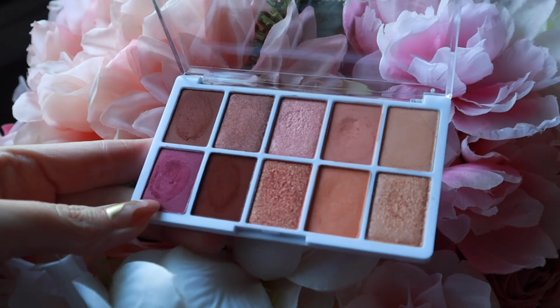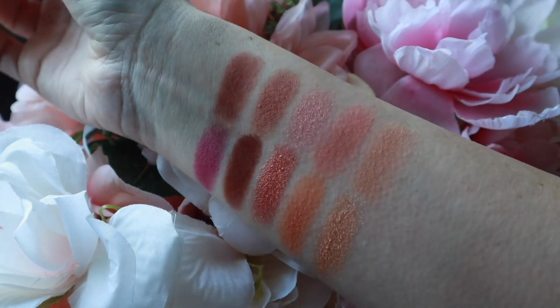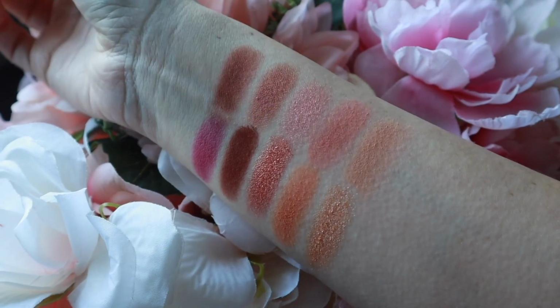But then you also have some pops of neutrals as well, in case maybe you're not wanting to do a pink look. Maybe you just want a really plain, simple, neutral look for Valentine's Day, and that's perfectly fine too. I like that this palette gives you the option for that as well. And these little palettes from Wet n Wild, these 10-pan palettes, they're really nice quality, and they're only like $5,